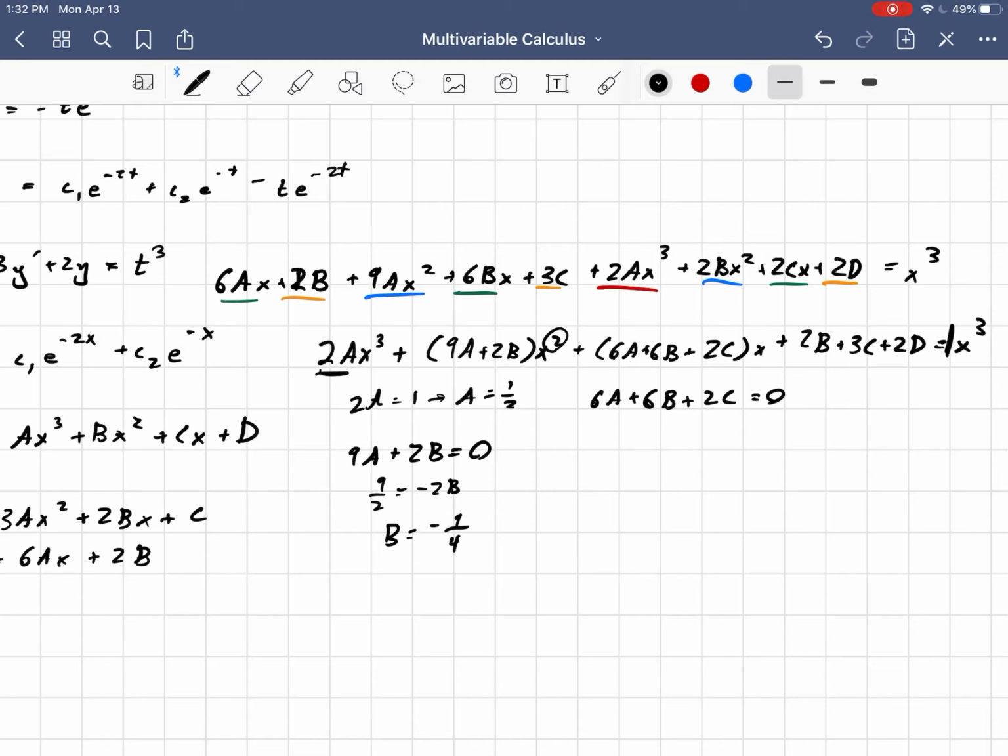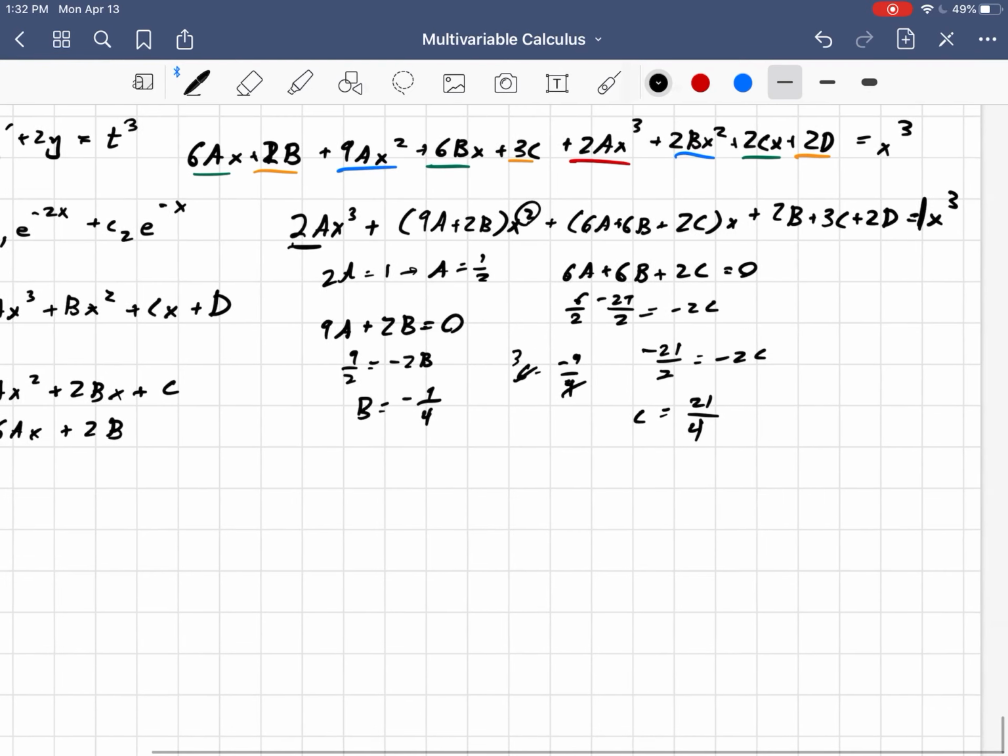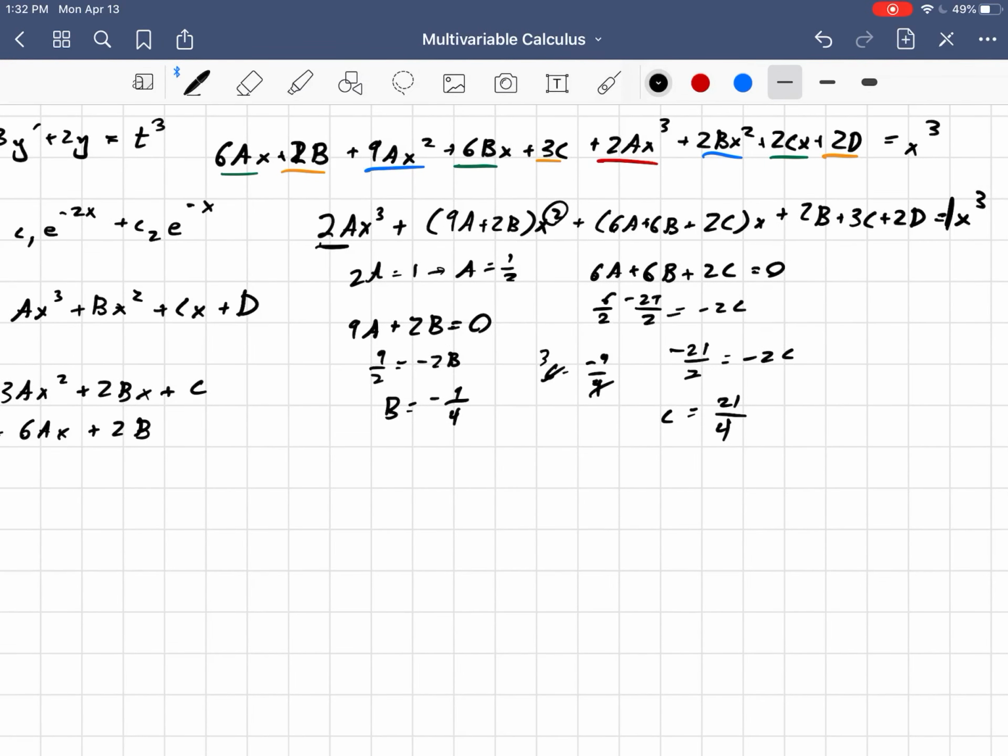Now, 6a plus 6b plus 2c, that also needs to be equal to 0. And so a is a half, so 6 times a half is 3, plus 6b, so that's 6 times negative 9/4. That goes in with a 3 and a 2, so minus 27 over 2. So 3 minus 27 over 2 is negative 2c. So 3 is 6 over 2, and 6 minus 27 should be negative 21 over 2 is negative 2c, and so c is